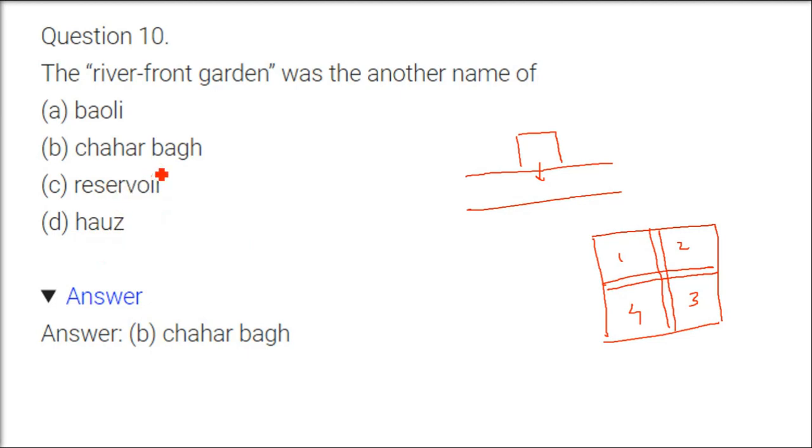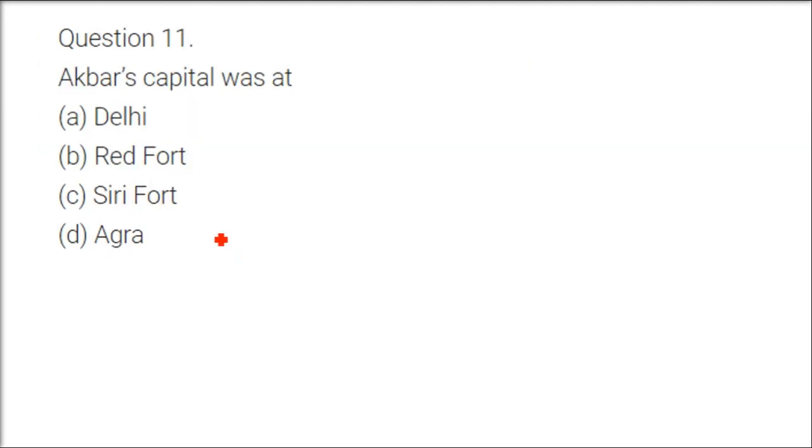Now this Bawadi, reservoir, house are referring to some other thing. Where was Akbar's capital? Akbar kept changing. Akbar had Agra, then Shah Jahan had Agra, then Delhi, then Fatehpur Sikri. So everyone has different capitals. Shah Jahan also created Shahjahanabad, which is the old Delhi right now. Fatehpur Sikri, as I said. Akbar's capital was Agra.